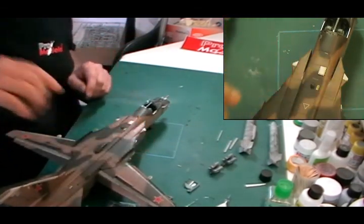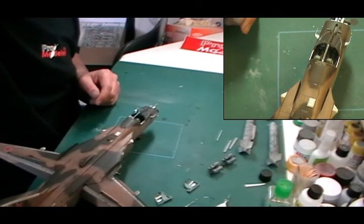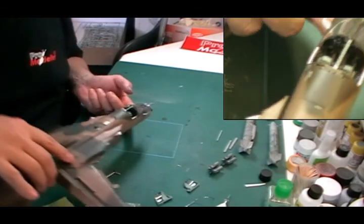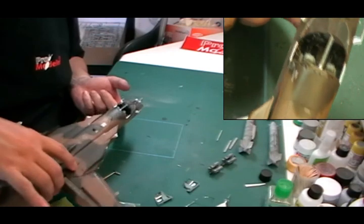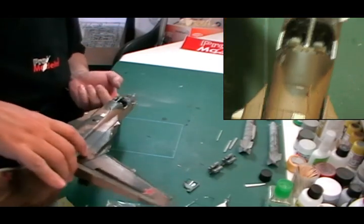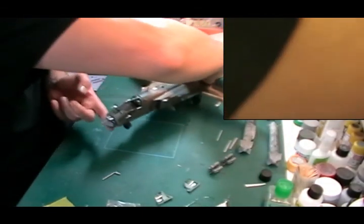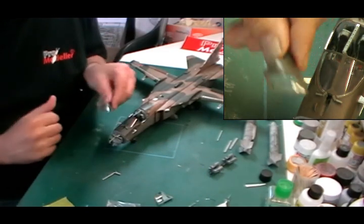The cockpit itself, if we just bring this in back here a little bit so we can get you in the close-up, goes together very, very nicely, as we said before. And now with the seats in there, it's great. Now I have got some resin seats for these, which arrived a little bit too late to use, but as I said, the seats themselves aren't too bad at all. The main problem you have with it, which is really our last bit we're going to cover here, is actually